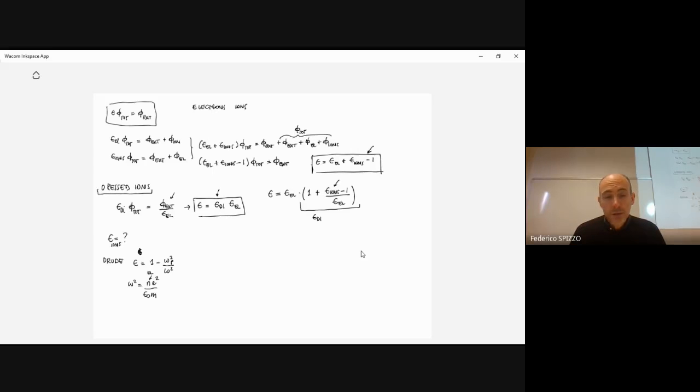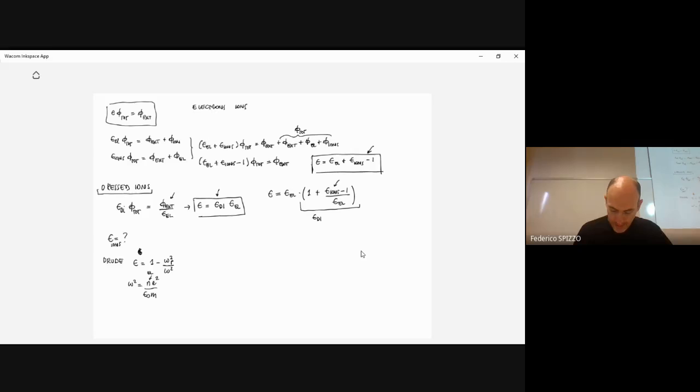But if we consider short-range oscillations, that means where lambda, the wavelength of the oscillation, is comparable to the size of the lattice, then you may not consider the ionic system to be uniform and continuous. So the answer is for long-range oscillations, so if k is small and the wavelength is large, then we may approximate the ionic contribution to the dielectric constant with the result that we have used for